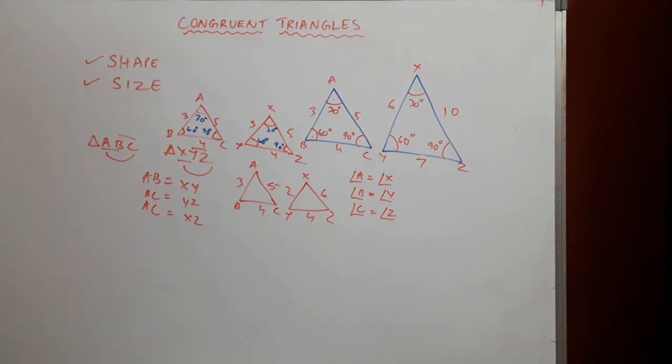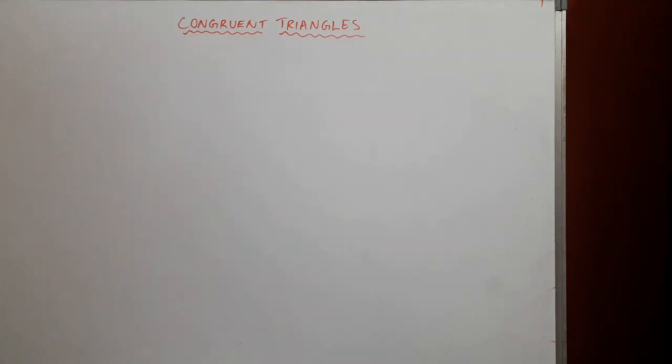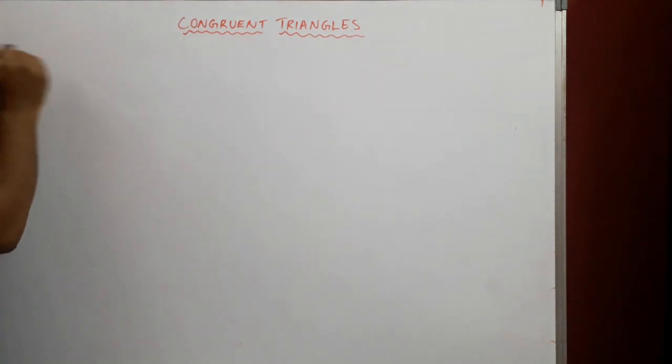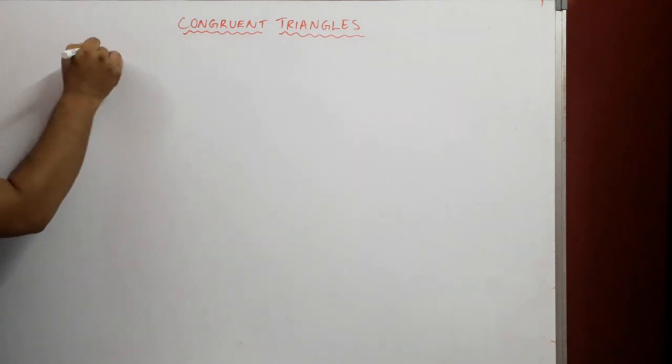So there are ways to find if two triangles are congruent, and we use certain theorems and axioms in order to prove two triangles congruent. We'll see what they are. There are 5 of them, and we'll go through each one of them one by one. First, let's list down the 5 ways in which we can find if two triangles are congruent. We'll list all of them first, and then go through them individually.